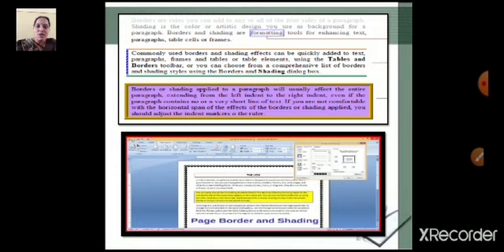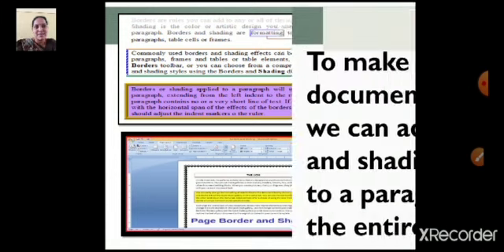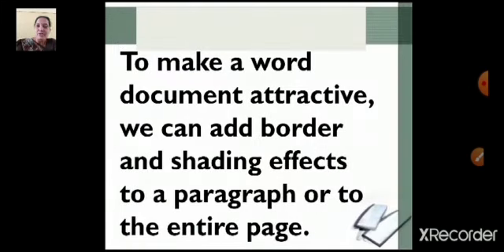So we can make our document attractive. To do that, we have many options in MS Word. To make a Word document attractive, we can add border and shading effects to a paragraph or to the entire page.